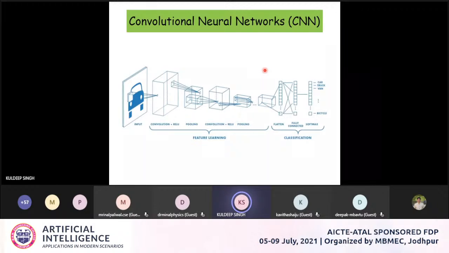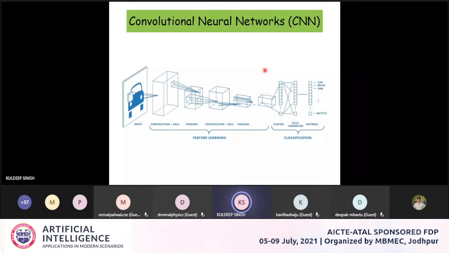And basically those edges, lines and corners constitute the distinguishable information in an image. Why do we need the distinguishable information? Suppose we want to differentiate between two faces. We want to build a model for face recognition, or we want to train a model for diagnosis of COVID-19 using chest X-ray. So we have to extract those kinds of distinguishable features which are easily able to differentiate between a normal patient and a COVID-19 patient.